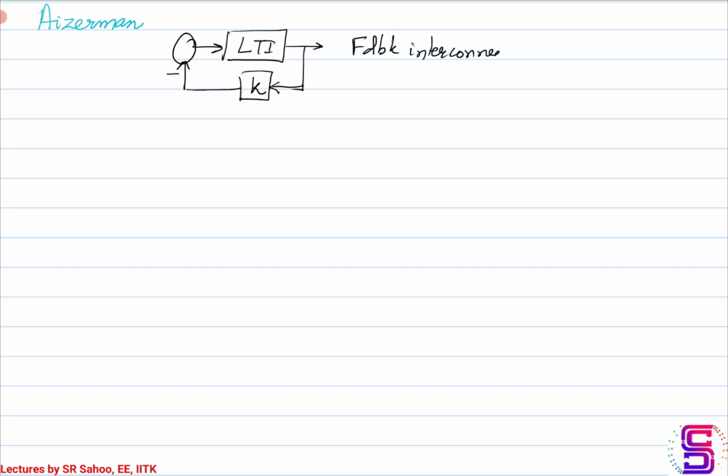He said that if you have an LTI system which is in feedback interconnection with a constant gain k, like this, and this feedback interconnection is stable for k in the range of k1 and k2, for some k in the range of k1 and k2, then he said that if you have